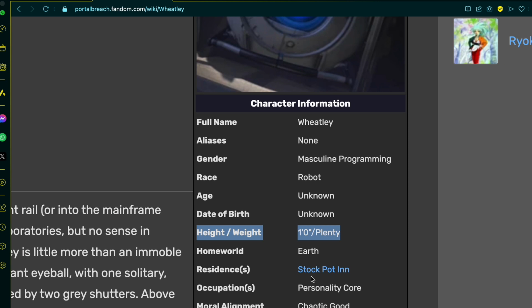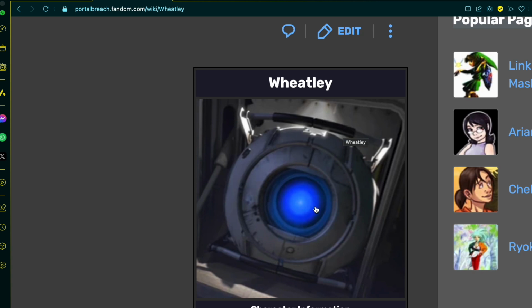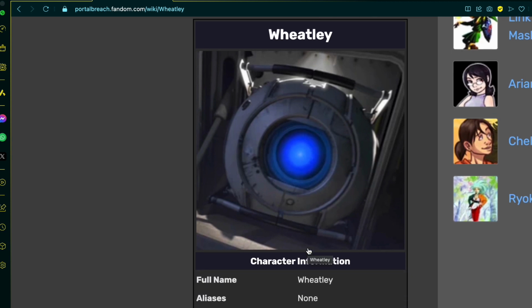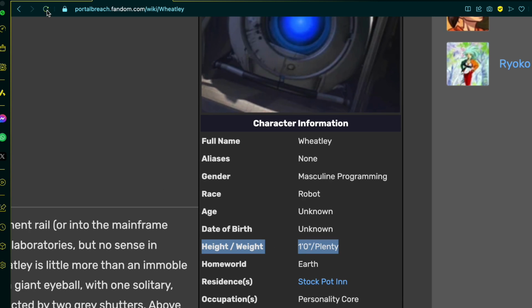This is the personality core's height and weight. So it has a height of 1 foot, but some other sources that I found suggest that it's 1 foot 1 inch, which I presume means that when its handles are at the top and fully extended, I should say, then it will gain 1 inch on its height. So if we switch over now to OnShape,